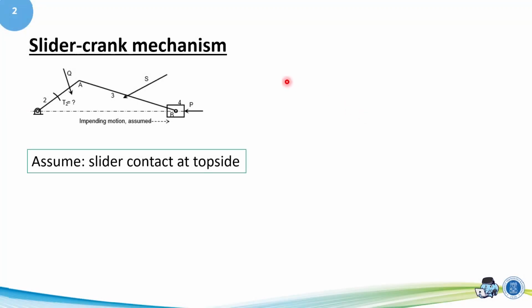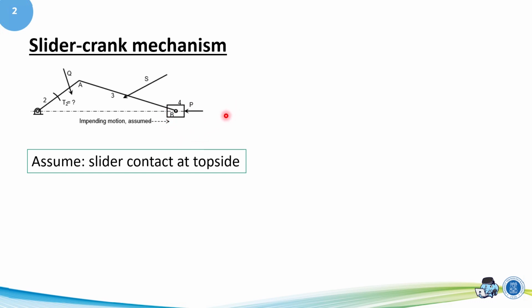In this segment, we will still discuss the static force analysis in the slider crank mechanism that involves slider friction. But I want to show what happens when we make the wrong assumption, or how we know we made the wrong assumption. Here is the slider crank mechanism, with the same condition and same problem as the previous segment.